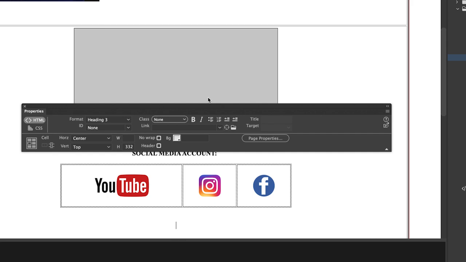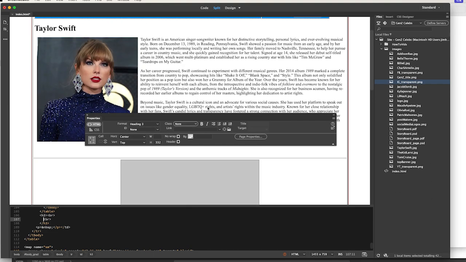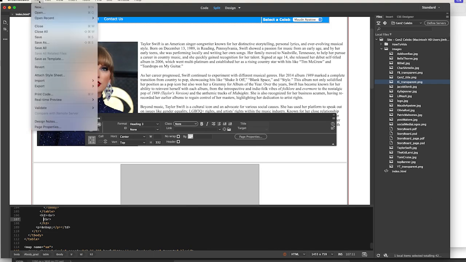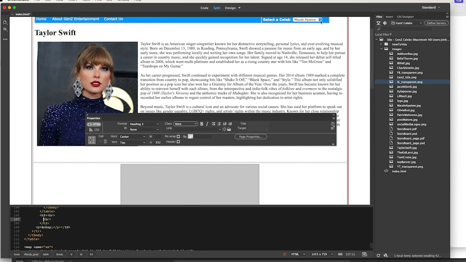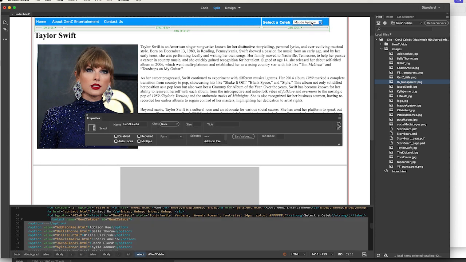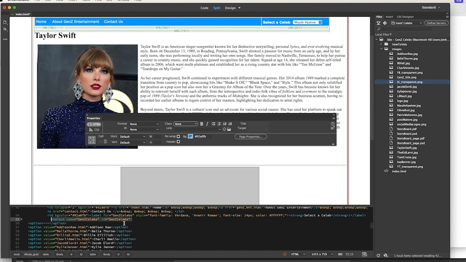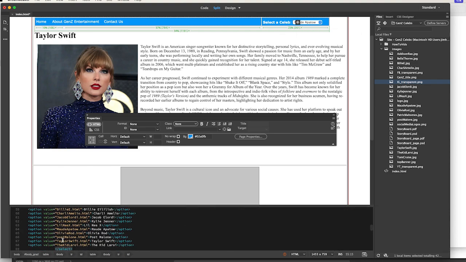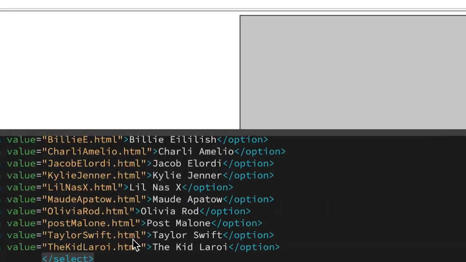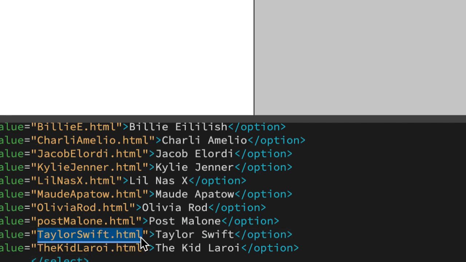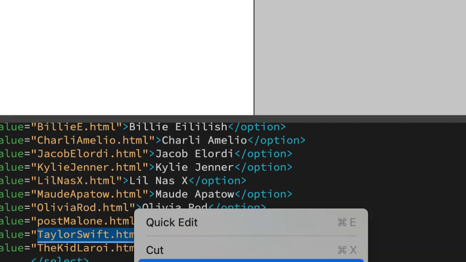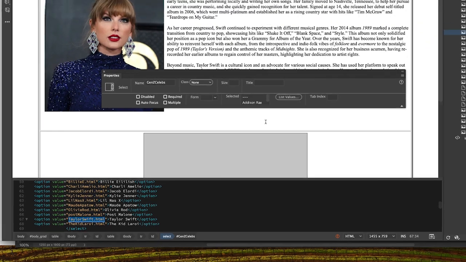Okay. So you've got your template now. This is how it should be. So let's go ahead. And by the way, what do we name this thing? Okay. So if we click here, okay, and we click on the list values. Remember this? We have to make sure that the drop down matches. So if we click on the drop down here, okay, and we look at the code here, okay, there's Taylor Swift right there. Is taylorswift.html. So you may want to copy that. Copy, or you can go to,